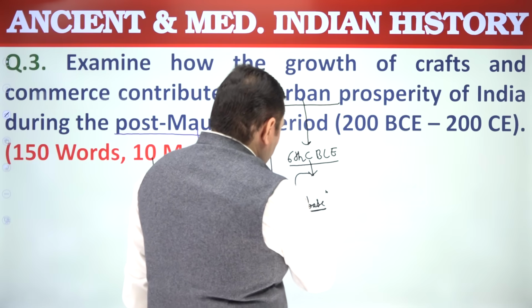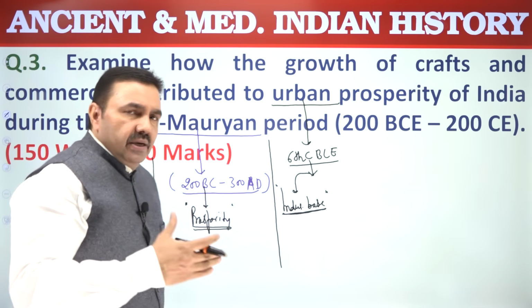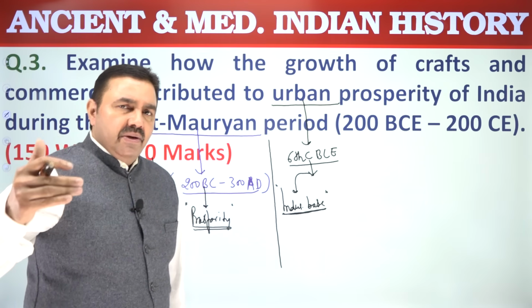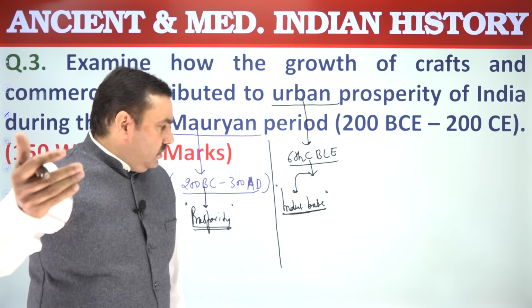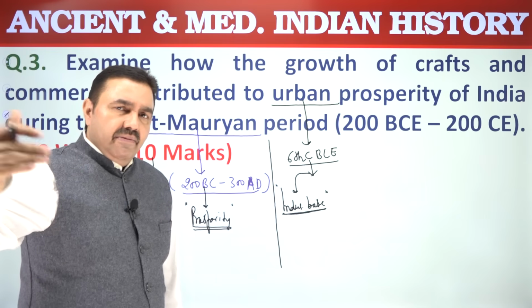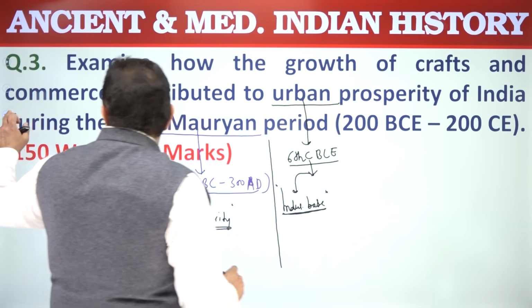A significant portion of population was involved in manufacturing activities. So what were the manufactures? Here you have pottery: northern black polished ware, black and red ware, red ware, or Roman ware. Red ware was brought by Kushanas and Sakas, and Roman ware was brought by the Romans. So in the industrial base you have pottery,